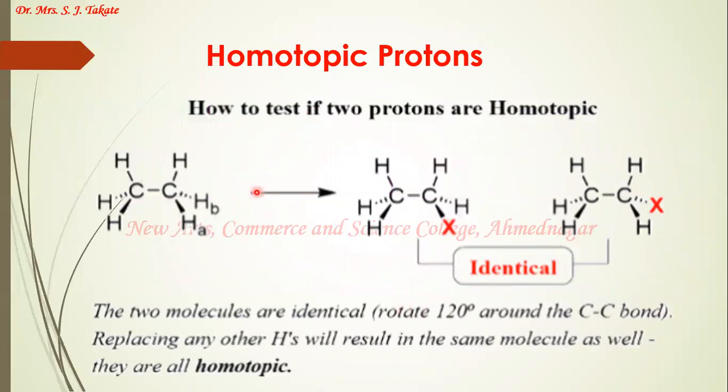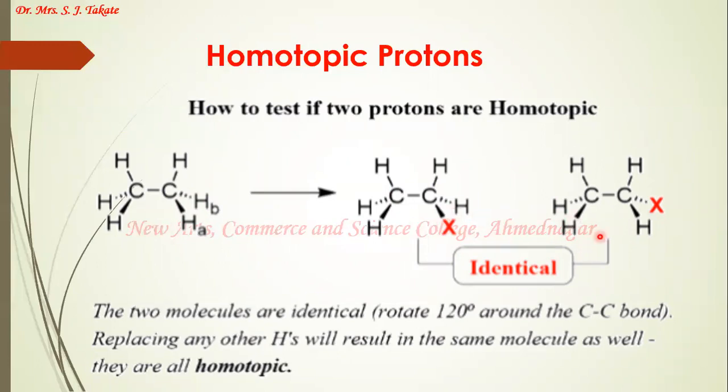Let us take this example of ethane. I'll choose these two protons, Ha and Hb. One by one, I will replace each proton, A and B, by a different group X. Let us first replace this B proton by the X group. So this will be the resulting compound. And now, the second time, I am going to replace this A proton with the X group. So this is the resulting compound. So these are the two new compounds. I have to check whether they are the same, enantiomers or diastereomers.